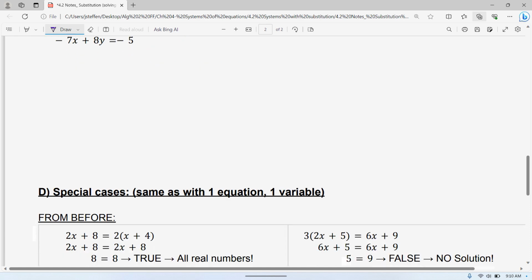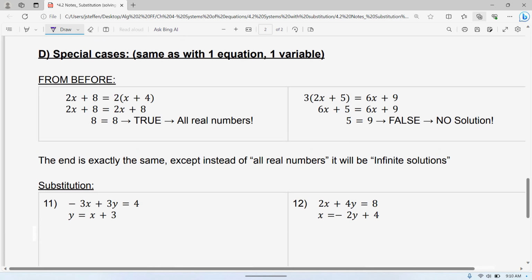Okay. So last but not least, we're going to really quickly talk about special cases, and we already kind of talked about this with graphing. So 3 different outcomes. The one outcome is where you only have one answer. That's what we've been doing. Every outcome we've had, we get one solution. That's the normal thing. However, there are 2 other